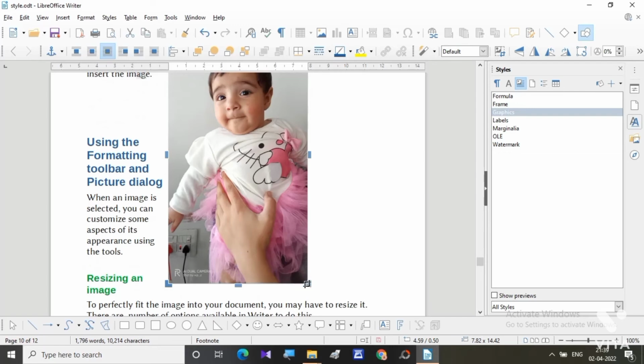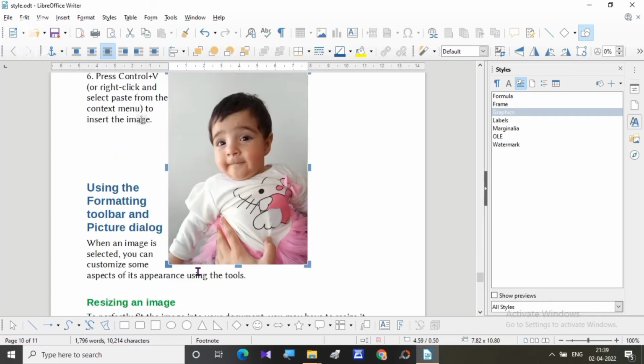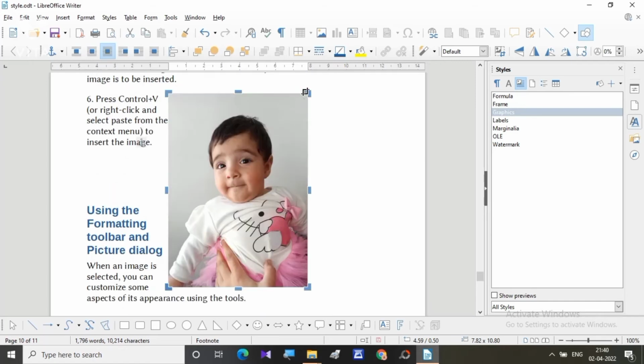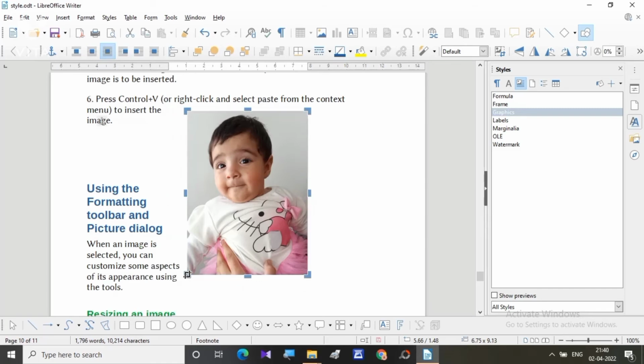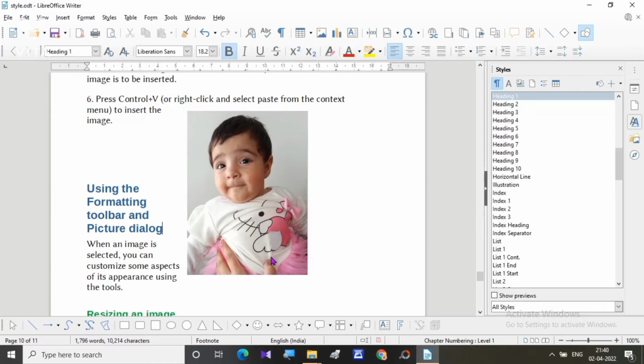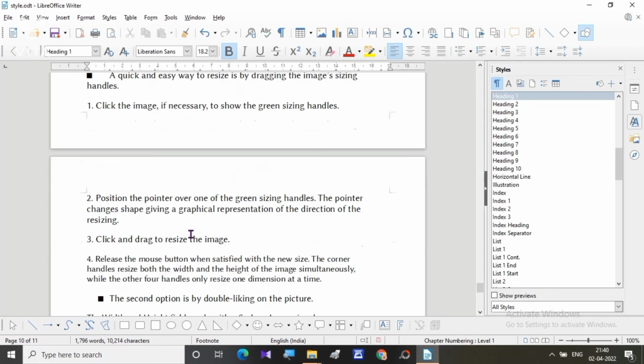Let us remove the part that we do not want. In this way we resize the picture by removing some part of the image. This was the first way, and the second way is the same as we